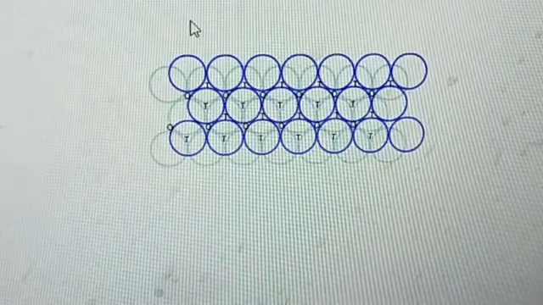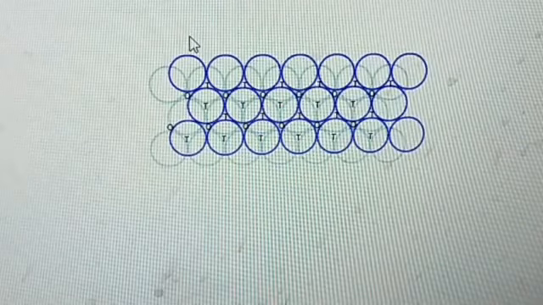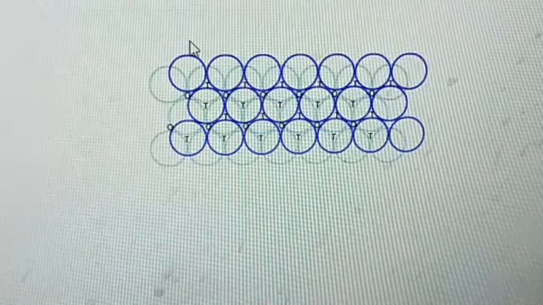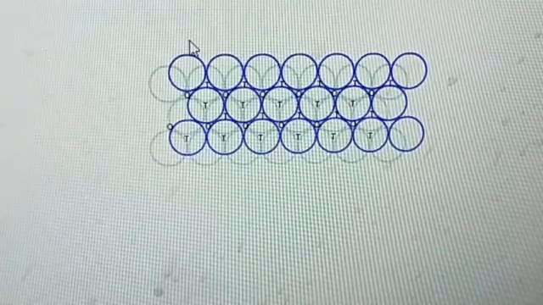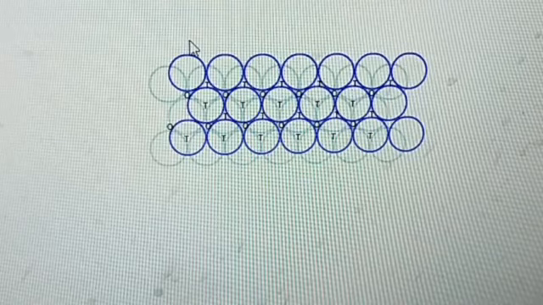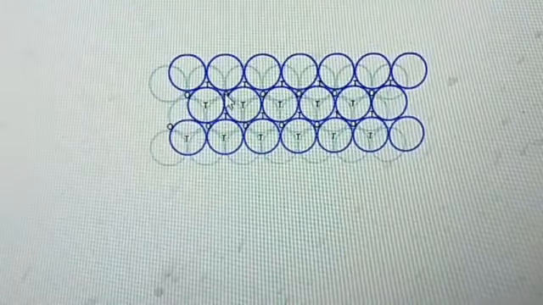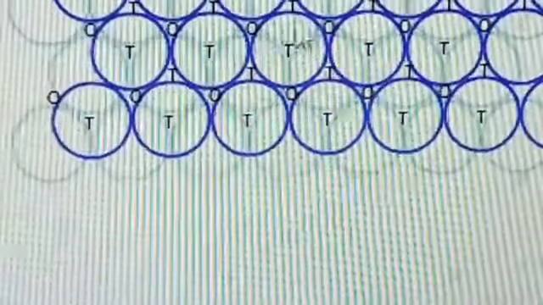And in some places, the triangular voids in the second layer are above the triangular voids in the first layer. So then what happens? Those triangular shapes do not overlap at that position. When they do not overlap, one of them has the apex of the triangle pointing upwards and the other will be pointing downwards. Then octahedral voids will be formed. See now, here we have O. O means nothing but octahedral.